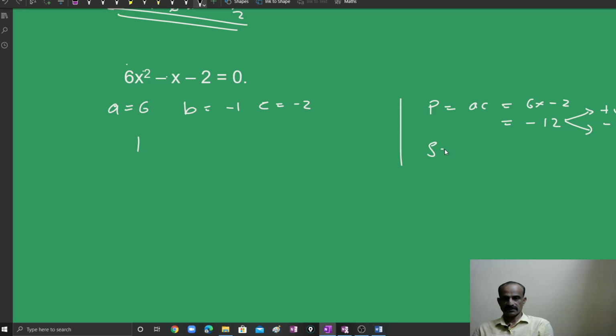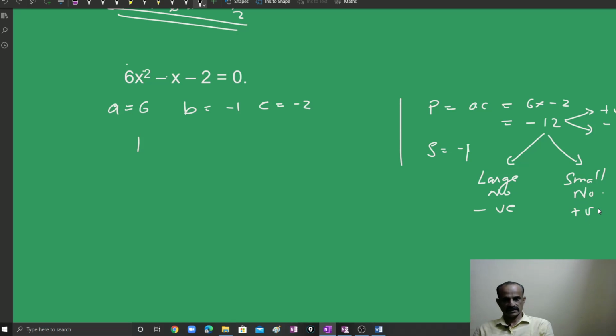Then sum is -1. So you are multiplying one positive number and negative number, and you are getting product, of course, negative, and sum also negative. That means when you are adding two numbers, you are getting one positive number and negative number, and you are getting sum as negative. What does that mean? I repeat, when you are adding two numbers and the sum is coming negative, what does that mean? That means the larger number is negative, and the smaller number